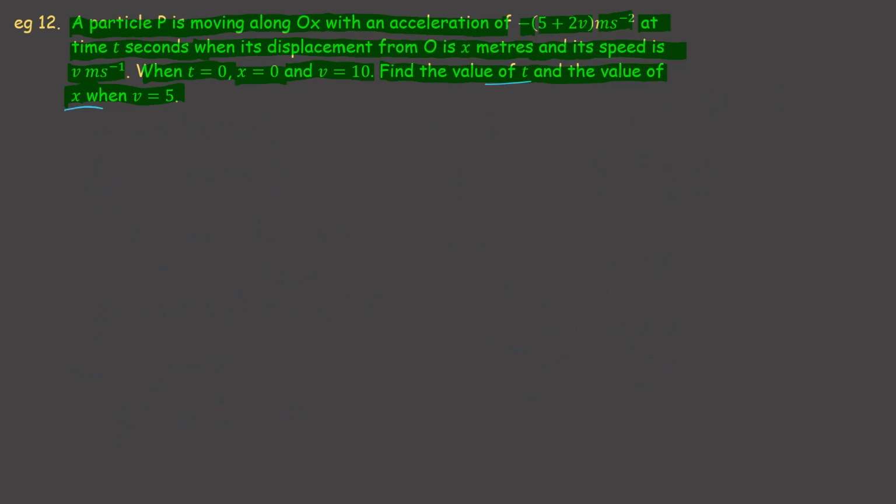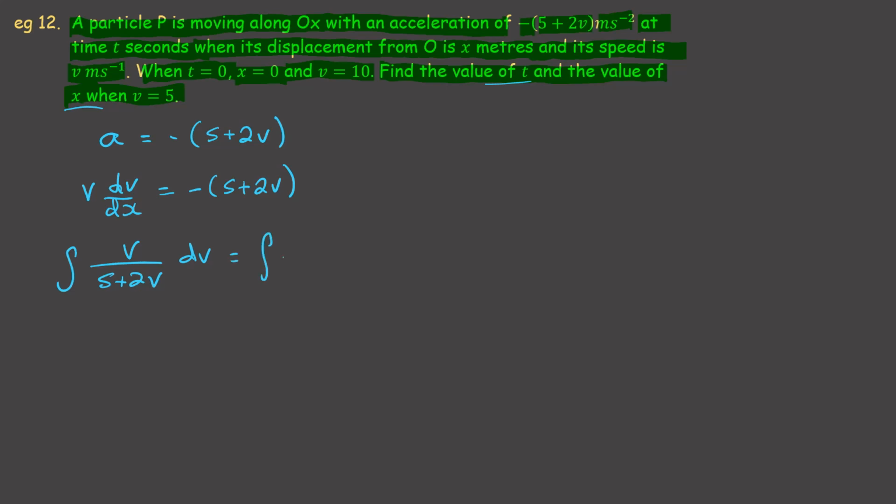Okay, let's move on to the x part. It's a bit more difficult because of the integral we get. We're starting with a is equal to negative 5 plus 2v, and this time we're going to use v dv dx is negative 5 plus 2v. Separate and integrate, and we get the integral of v over 5 plus 2v dv is equal to the integral of negative 1 dx. Now let's think about that integral, the one on the left hand side, v over 5